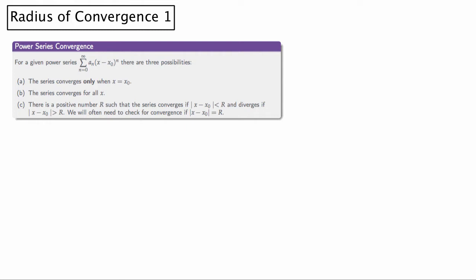So given a power series, we have the center point at x0. Given a power series, there's three things that can happen. The series might converge only at the center point. So that is always true. You always get convergence at the center. Always converges